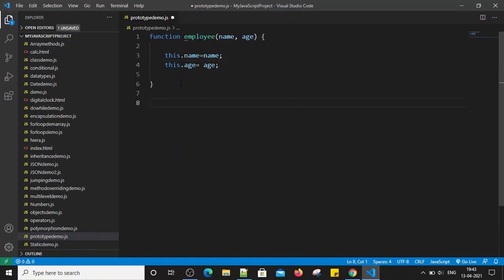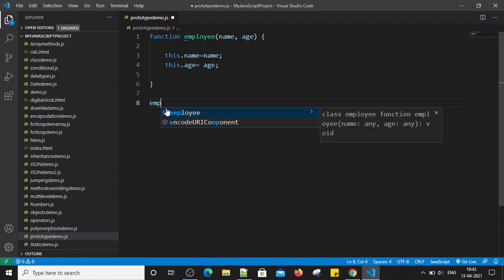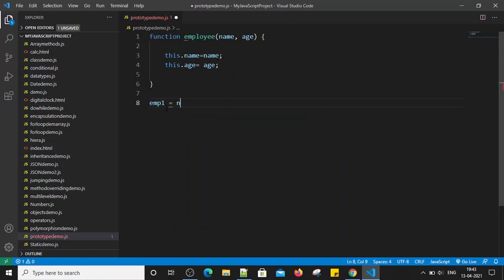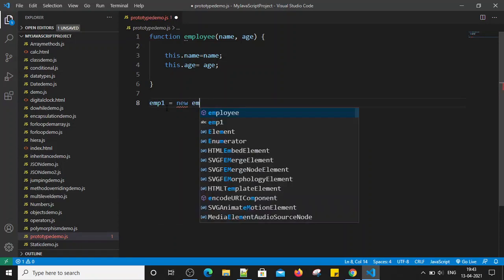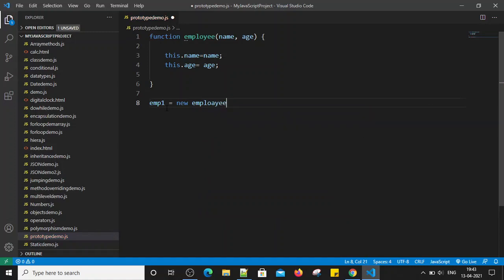So we will create one object reference variable for the employee function. Let's create emp1 = new employee, right?